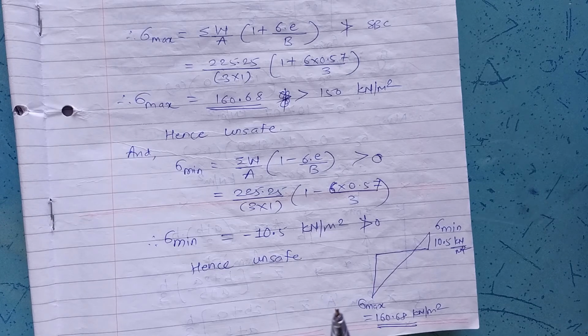Hence our retaining wall will be safe against overturning. And as we are going to provide the shear key, our section will become automatically safe against sliding. Similarly, after that this check for maximum pressure at the toe would be satisfied. In the upcoming video we will move towards the further steps.